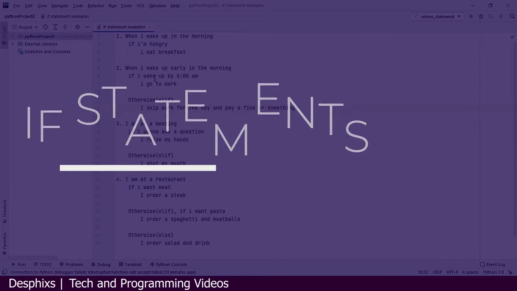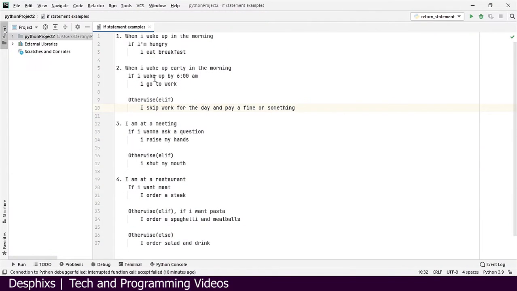So what are if statements in Python? If statements are a special structure in Python that helps our programs make decisions. That is, to do something if a special condition is met. If statements are the things that we humans use in our everyday life, like the way we go out, the way we go to malls and restaurants and all that. So here I want to take a look at a real life example of an if statement. So let's go ahead and start doing that.